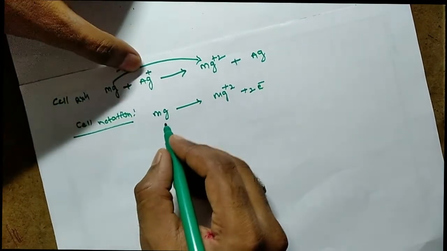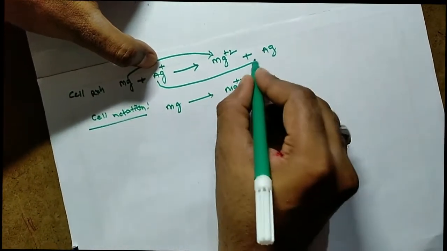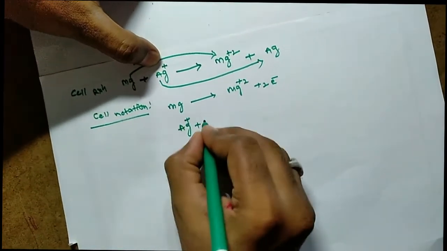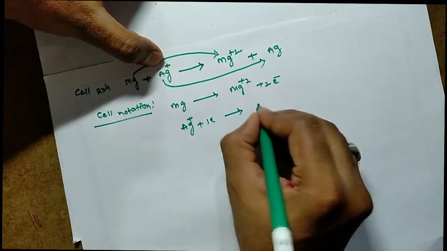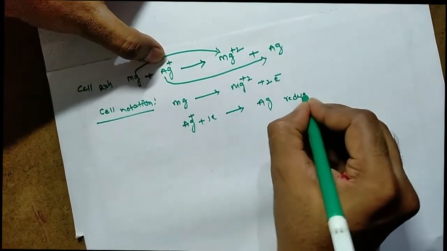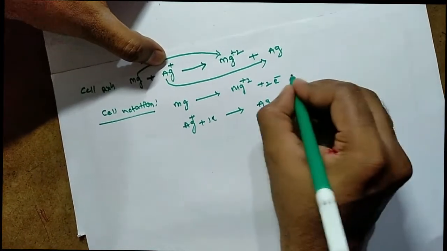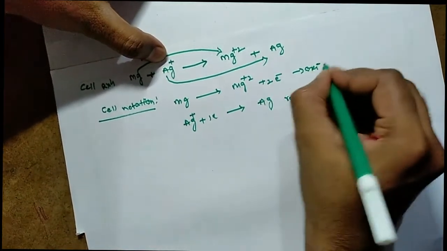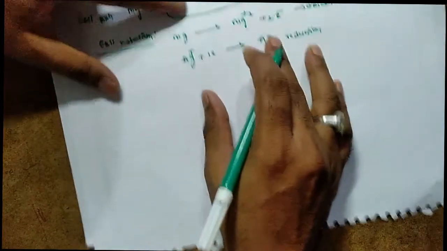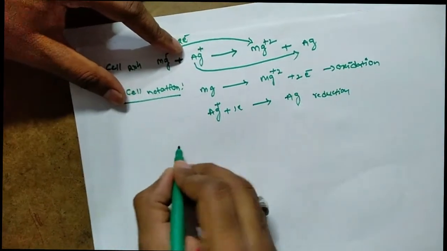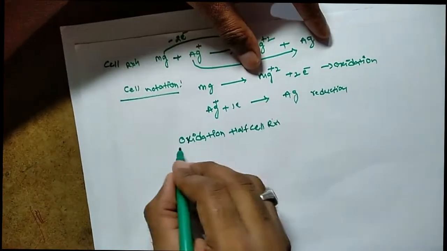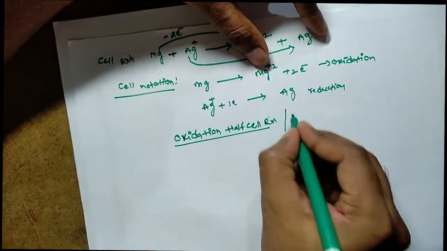Next, what is the next reaction? Silver gains an electron, forming silver. Ag+ takes an electron and gives rise to Ag. This is the reduction. This is the oxidation. So what is the cell notation? See here, cell notation is the oxidation of the cell reaction. This is a salt bridge.